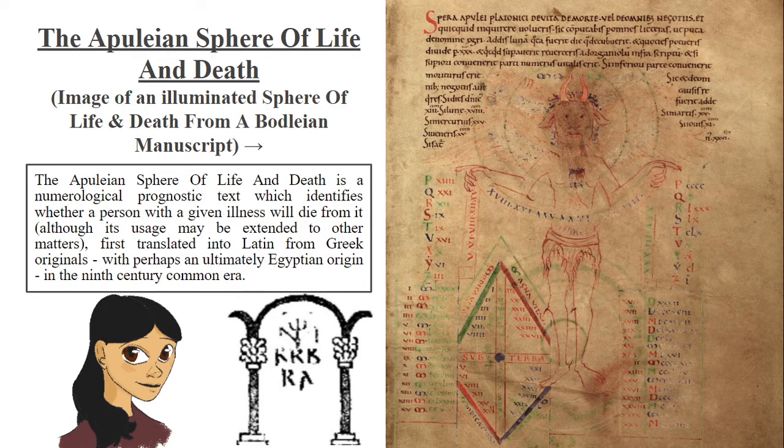Hey guys, it's Belle, and in this video we are going to be talking about one of my favorite medieval texts in the genre that I work in for my PhD research. It's extremely cool, and it is what is known as a prognostic, which means it is a text which helps us to identify something that's going to happen in the future. And yes, this is my favorite version of this in any given manuscript.